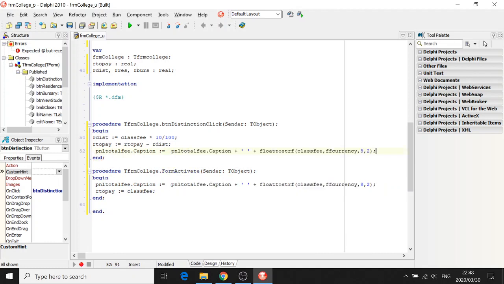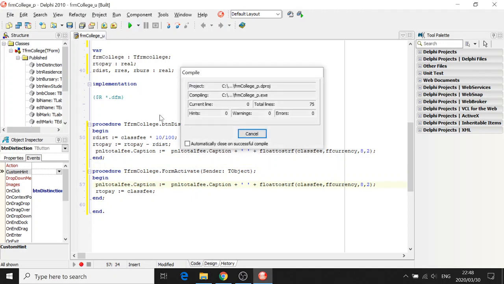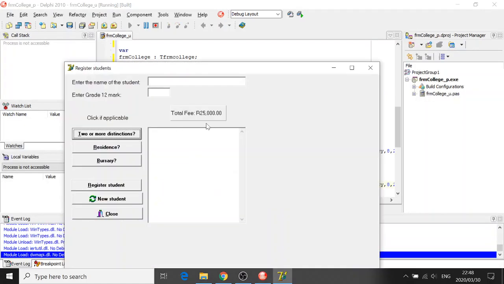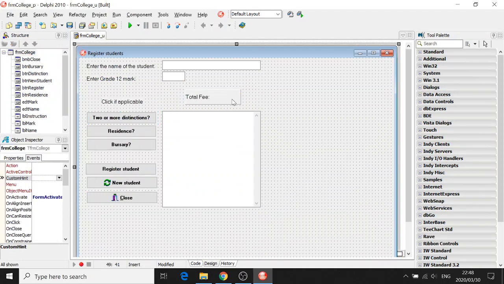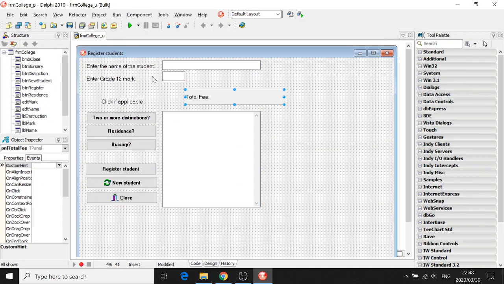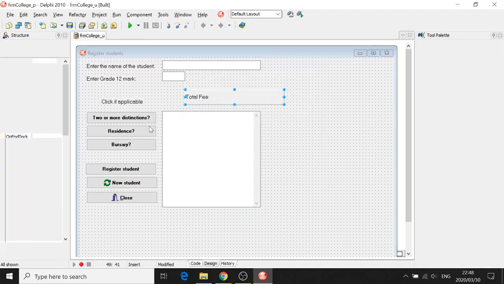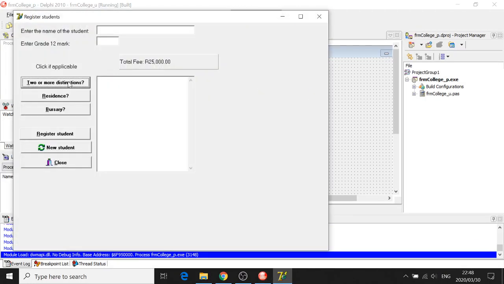So here is the trick. If we say the new caption is going to be the old caption and join that to this, what's going to happen is, well, remember in form activate, that caption, what happened? Let's run the program and see. On activate, it displays that. If I put this in, see what it's doing? I can even make that panel larger and I'll show you. Let's do that. Okay, run the program and click on that. See,